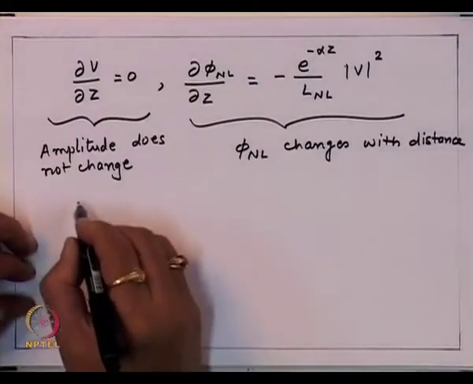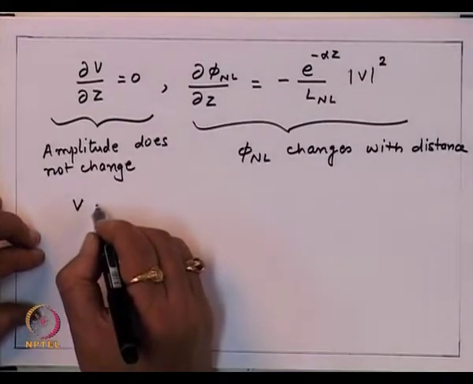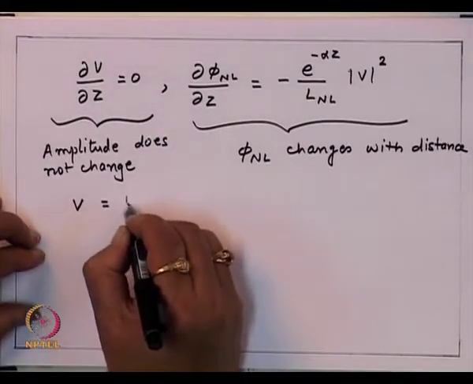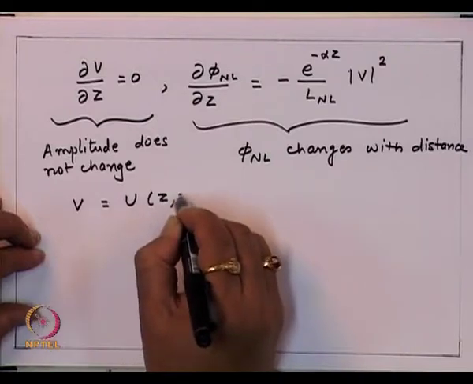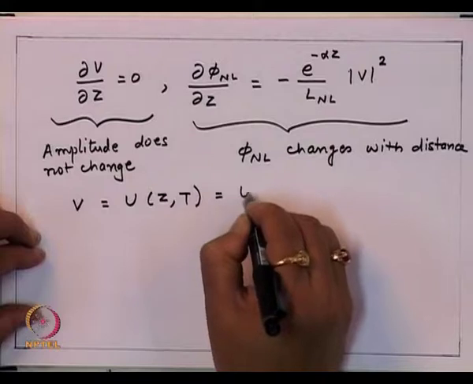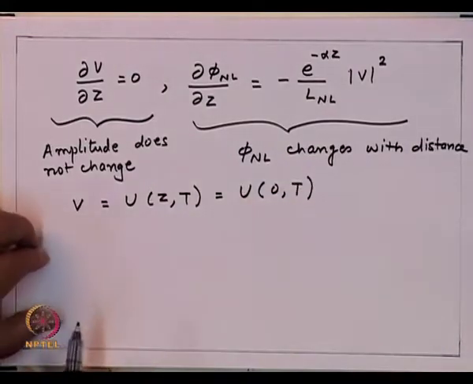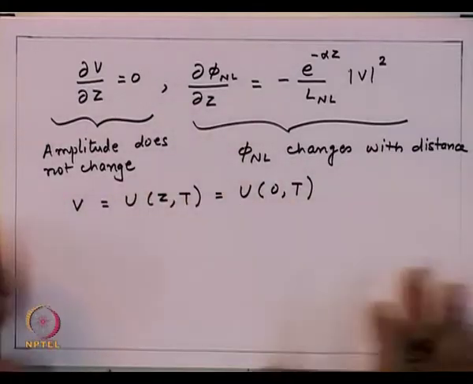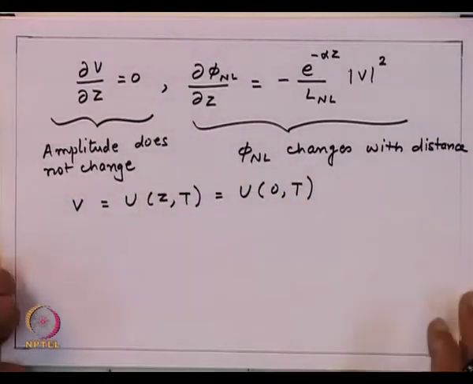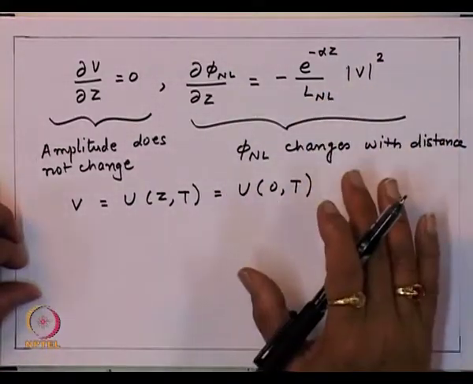So, that means the V, which is u z t, is the same as what was initially at z equal to 0. So, the envelope of the pulse in time domain remains intact, but the phase inside the pulse changes